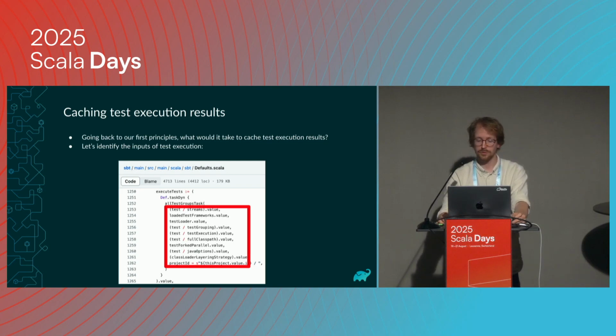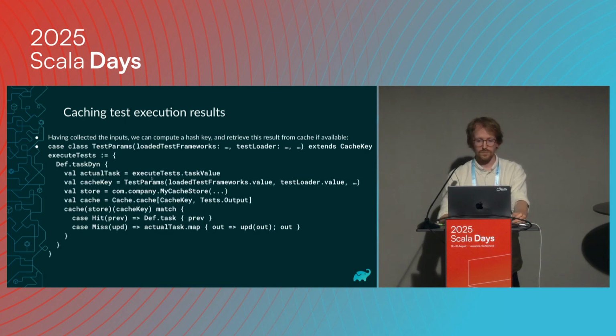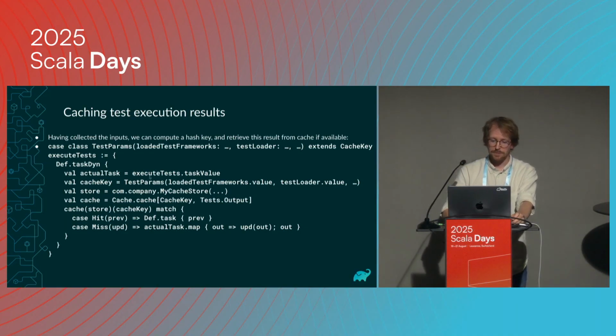We can use those to compute a cache key. So we can define the test parameters, which are basically the values that we've seen before, and then we define the execute test task, which is the one in charge of executing the test in SBT. So we keep the actual task, the one that does the work. We can do this by giving the key, executeTest.task.value, so that we get the work of the task. We compute the cache key,